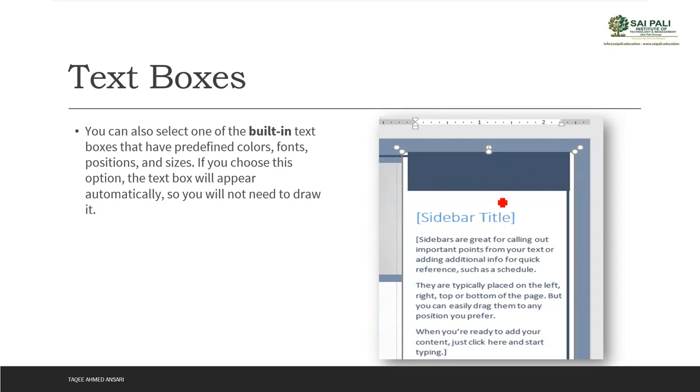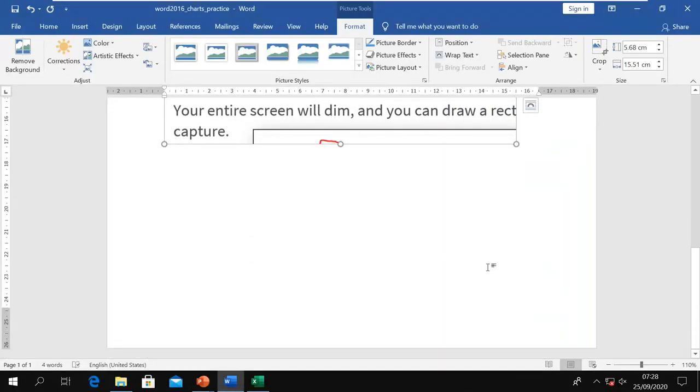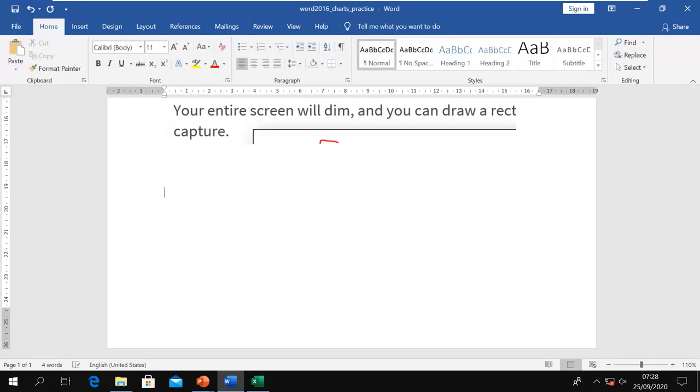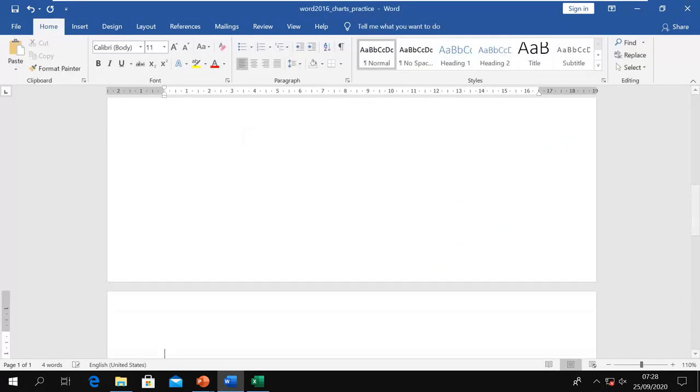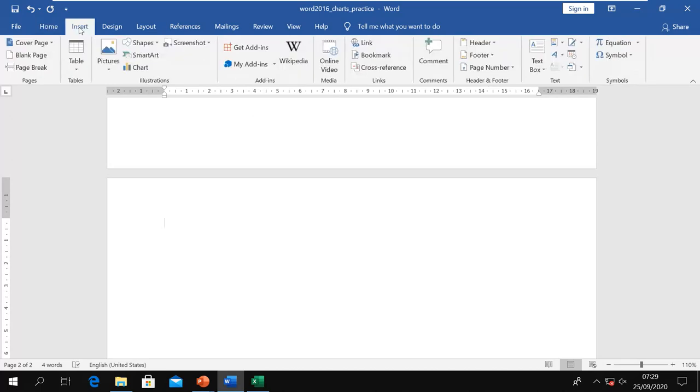Or you can use these predefined built-in text boxes. So for example, I want to add the text box here, in my new page. So I go to insert, and here I have the text box command.